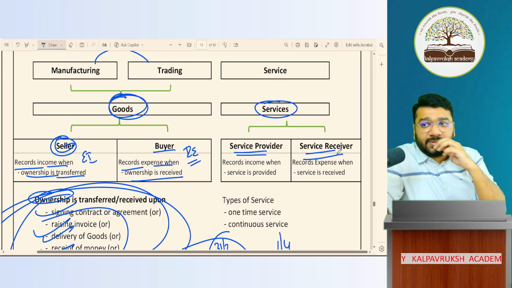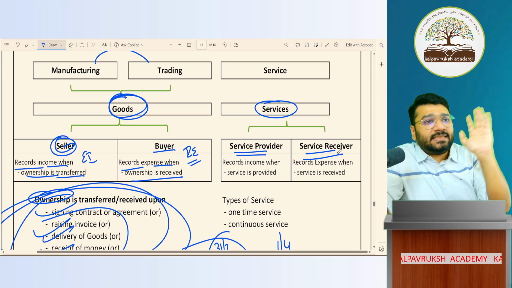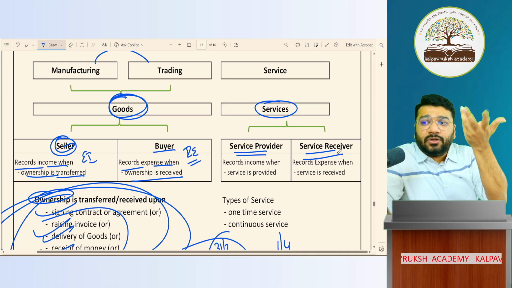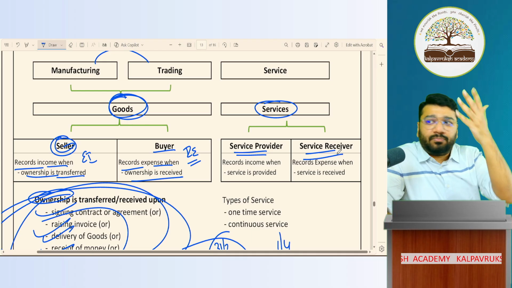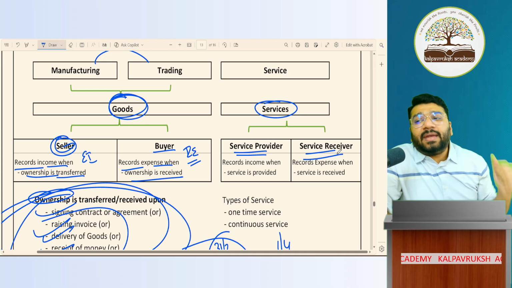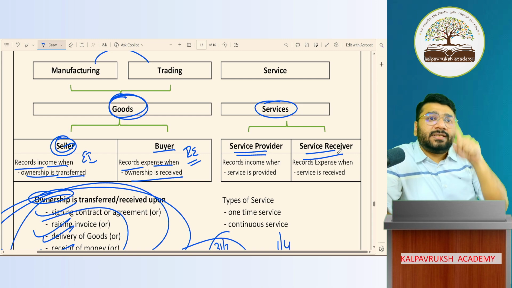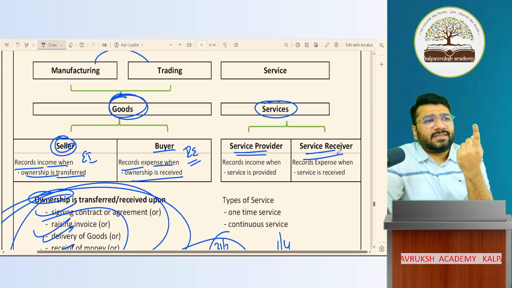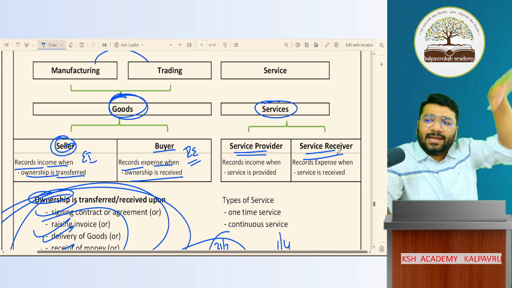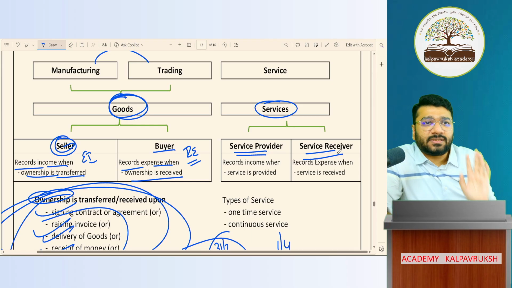at home, let's suppose you have a product, let's say an AC. Now that AC is not functioning properly. There's some problem in it. So you call an AC mechanic to do the service. Correct? Is that service a one-time service or a continuous service? One-time service. He'll come and do the service, take the money and go home. Yes or no? One-time service.